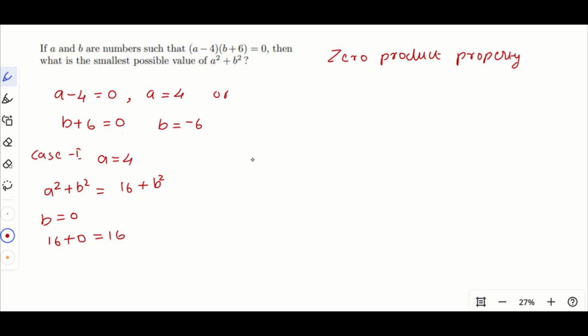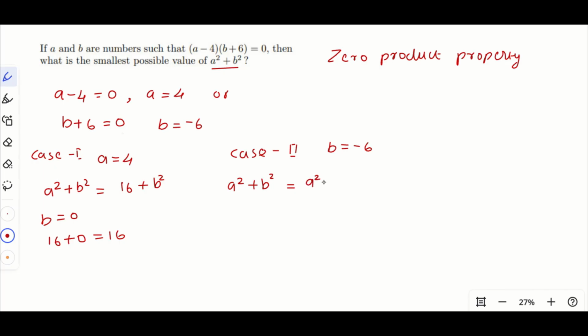Now let's take case 2. What is our case 2? B is equal to minus 6. So we have to take a square plus b square. That is what is provided here, that's why we are taking that. A square plus b square is equal to